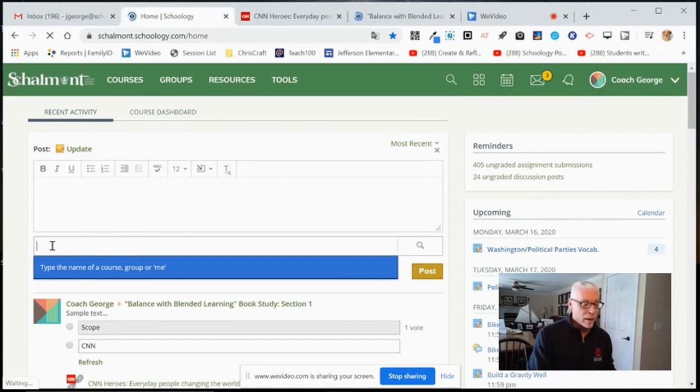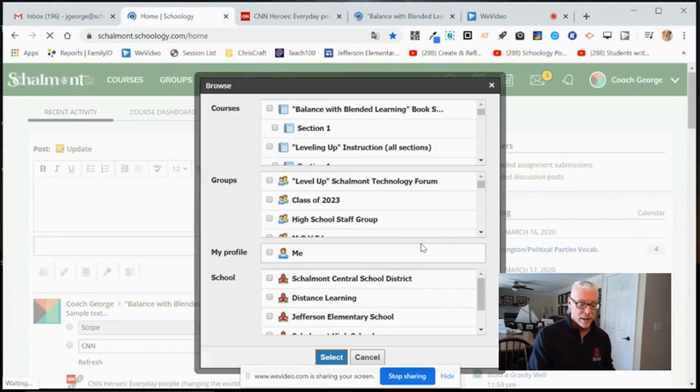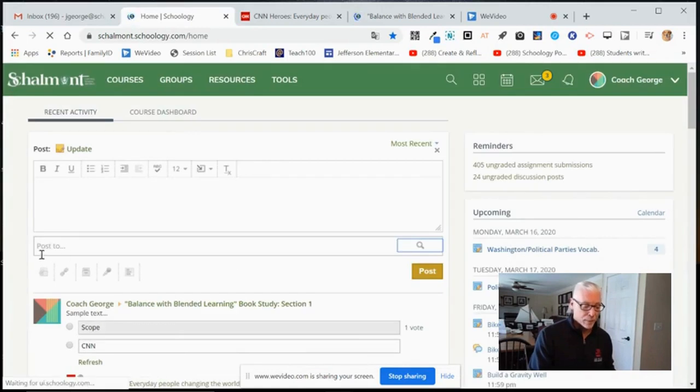So this is where I can either type in, better yet, I can click on this magnifying glass, and literally a drop-down comes up, or a tab comes up, where I can go in and click on the courses that I want this post to appear. All right, and then I would just click select, and when I went back, it would show those different classes here, and I would go ahead and hit post,